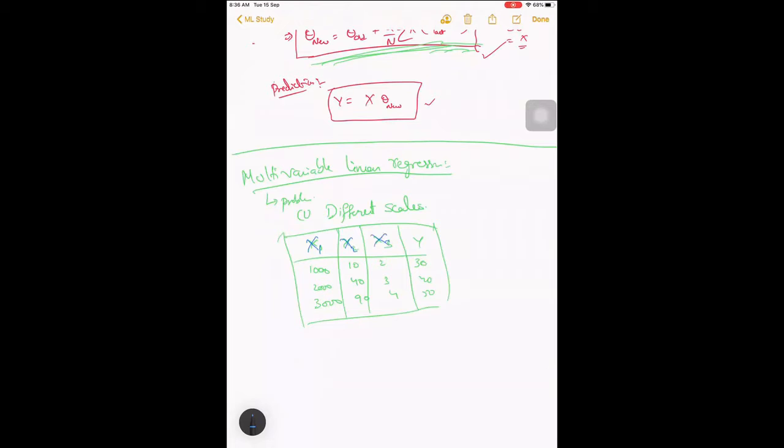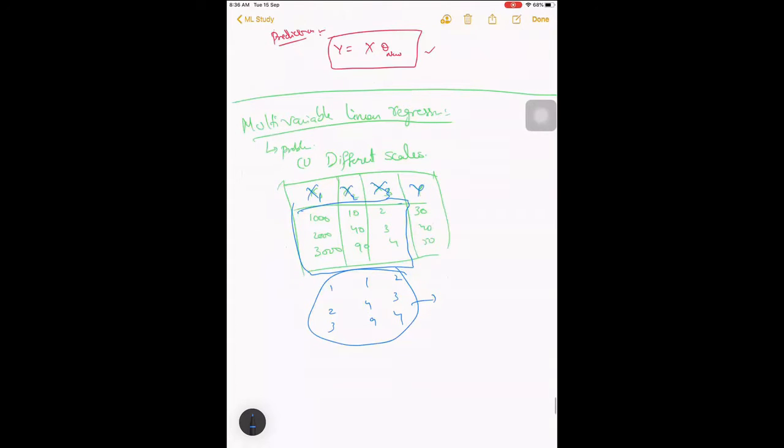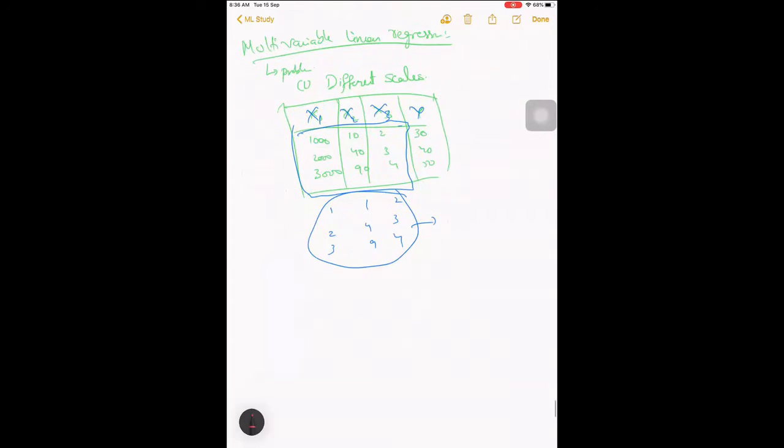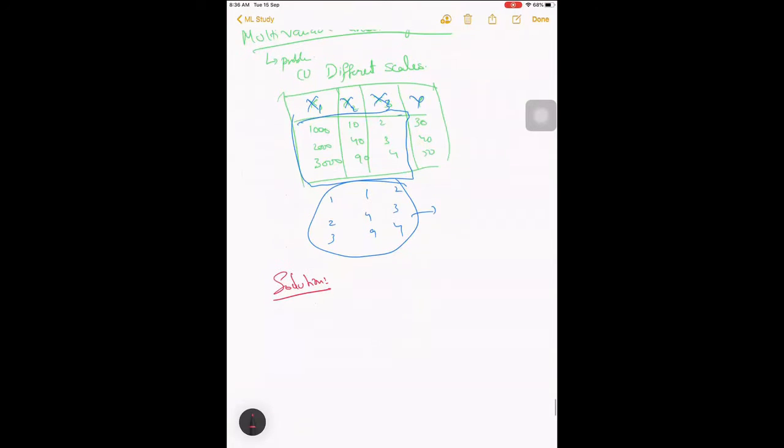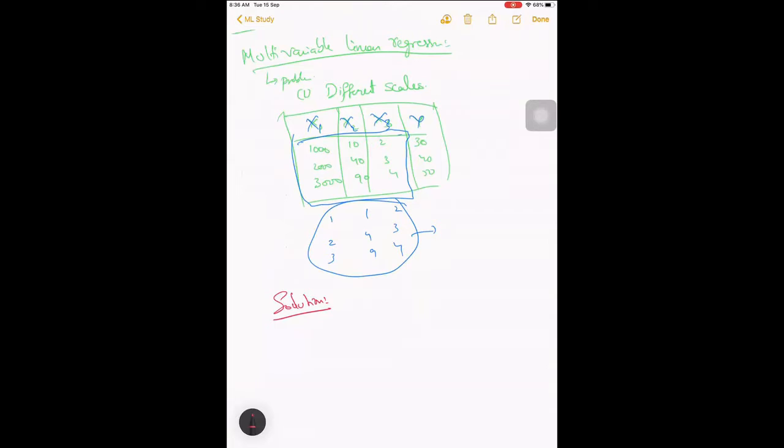So if all these three are something like 2, 3, 1, 4, 9, 2, 3, 4, then it will be easier for gradient descent to find the optimal position than at these different scales. So what can be the solution? We have to scale everything to the same level.